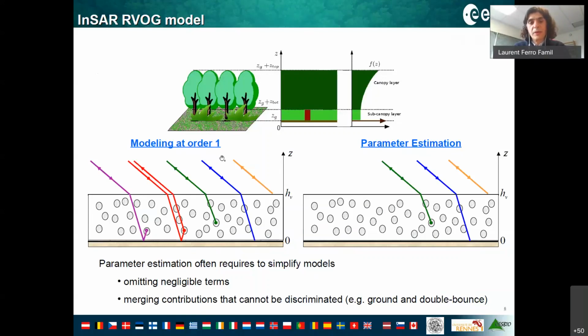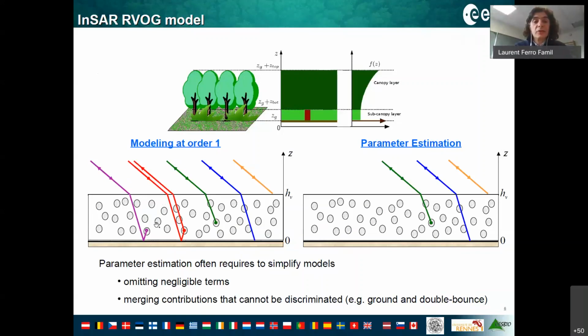Reflection from the top, reflection from the ground after propagation through the volume, reflection from the particles inside the volume, and you have some double bounce reflections here and triple bounce on the ground back to the particle and back to the radar. If you go to modeling at order 2, you will have many more terms, but already